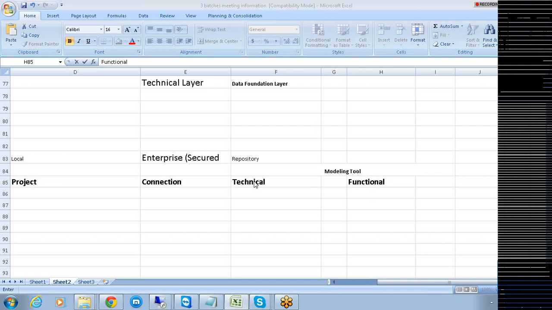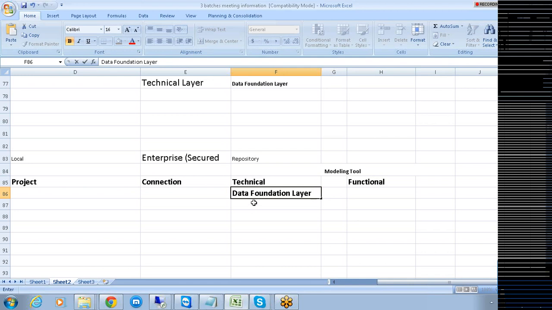In the case of IDT, we call this technical layer the data foundation layer.